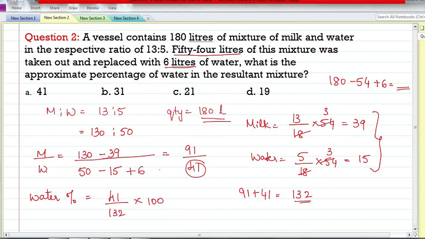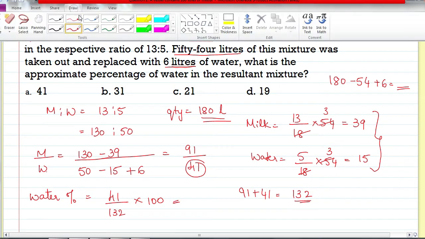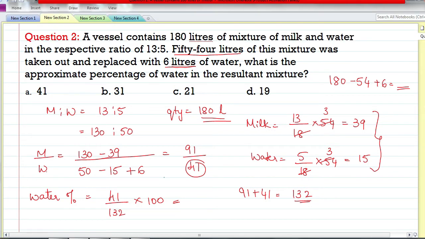So whenever you have questions like this, you need to take the approximate values. How I usually solve is, I take the approximate values. So here instead of 41, I will take it as 40. If it was 40, then I can cancel with 10. I can cancel with 4. I get 4 tens, and here I get 4 33s. So now again 10 by 33. If it was 11, we all know 11 by 33 is 1 by 3,